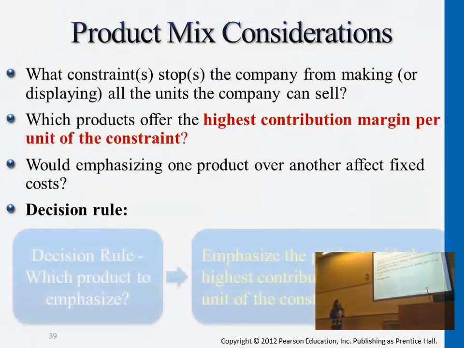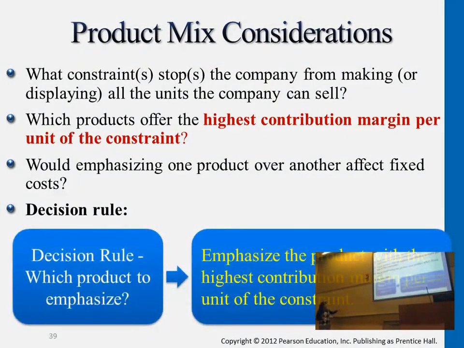So the last decision making we went over was product mix. For product mix, which types of products do we want to emphasize more? Is it cat beds? Is it scratching posts? It depends on the contribution margin we're getting for every unit of constraint, which one is higher. So it's not really about unit contribution margin. It's about every machine hour, for example, how many units you're actually able to get out of every machine hour. And then use these units to multiply the contribution margin, to see which one is higher and which one is lower.